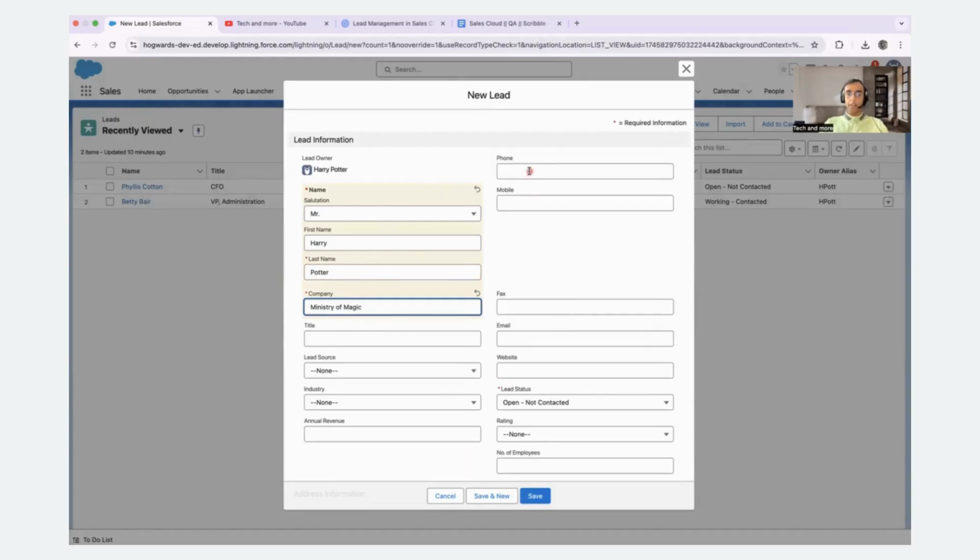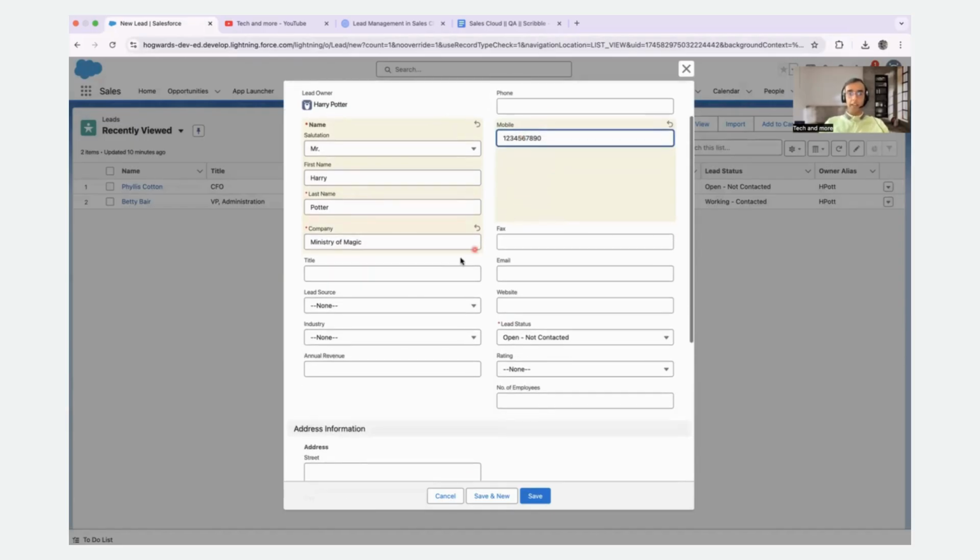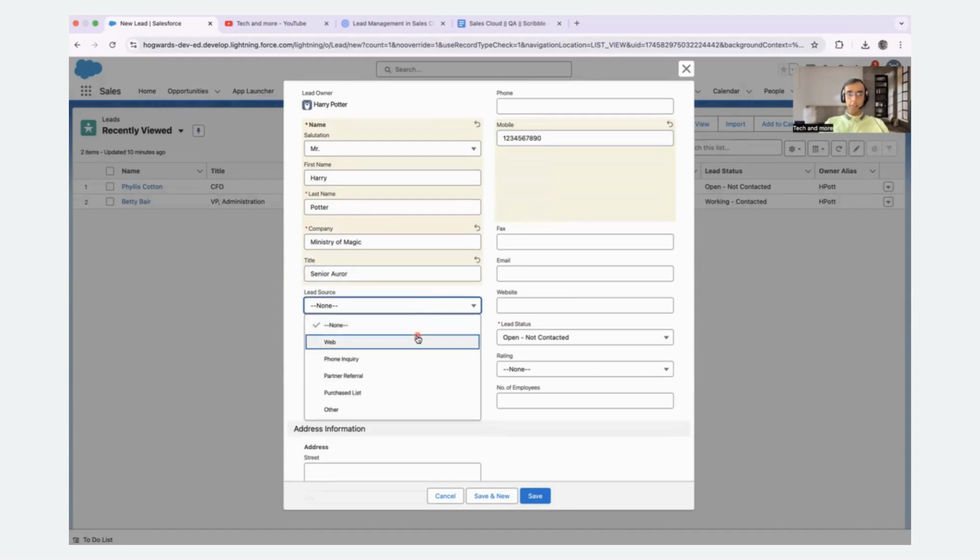Okay. And the mobile number could be, of course, some random bad data has to be put in. And then title would be, I would say I'm a senior auditor. And the lead source would be, so